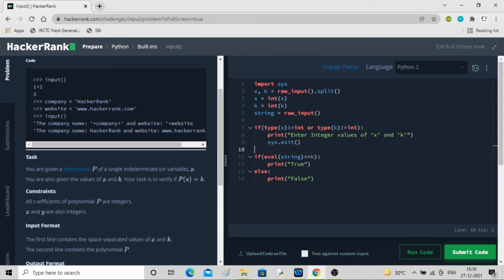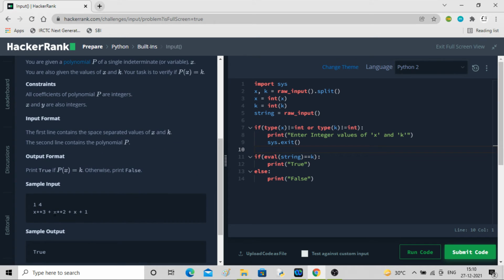I can't really handle the constraint that all coefficients of the polynomial p are integers. How will I access the coefficients?